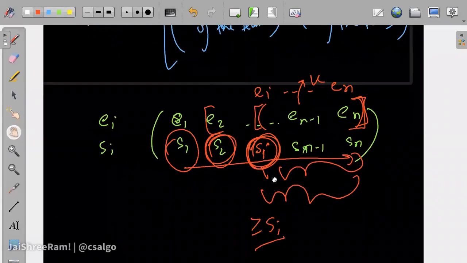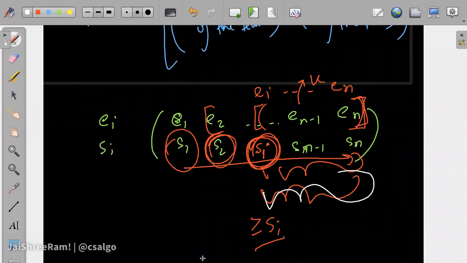So if we sort it by S values, the problem becomes easier. Why? Because now with S of I, we can fix S of I very easily, and out of the elements that are after it, we can find the best solution, right? This is how we twist problems a bit so that it helps us solve them in a better way.